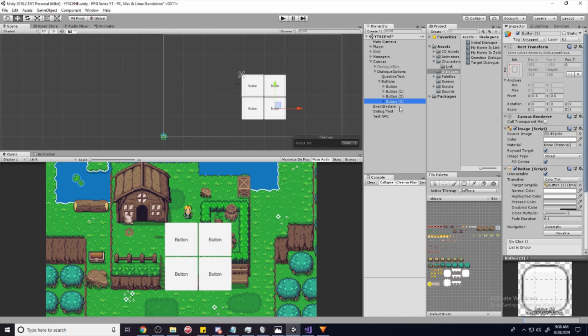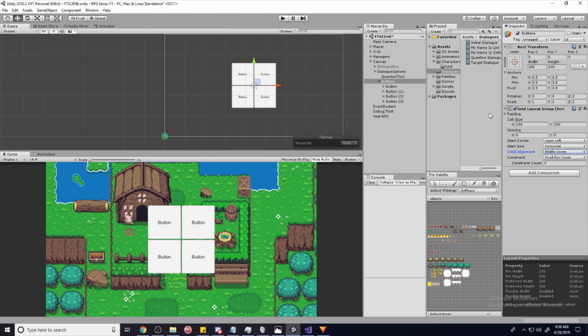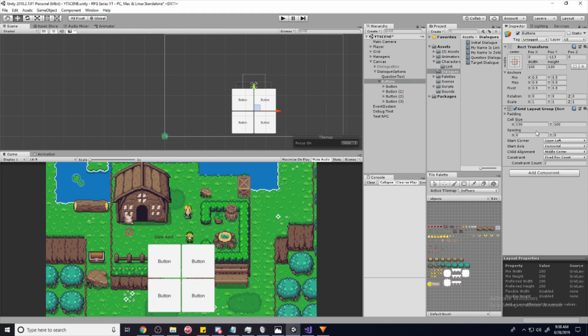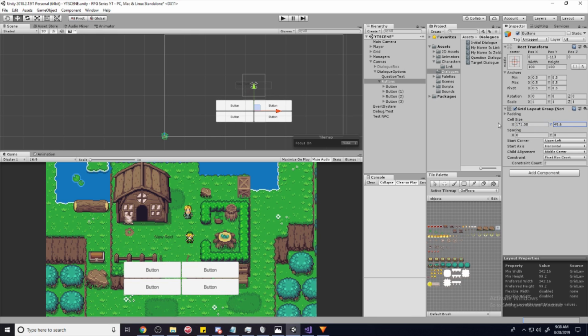You get as many buttons as you want. For this, I'm going to only have 4 buttons, and then I'm going to make it align in the middle center, and then move it down. And I'm going to adjust the cell size, make it a little bit longer, a little skinnier, and then increase the spacing a little bit,